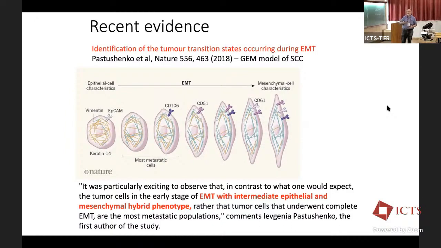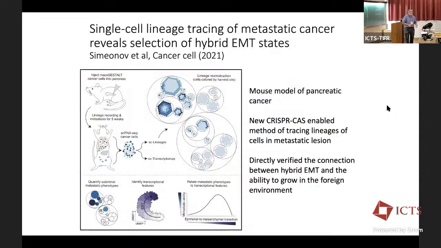And I just want to mention one more aspect of this. So I showed this picture on Sunday. I didn't show this picture, but it's a related paper, which is this picture, which is that from the time that the original experiment was done to now, this is 2021, technology improved. We heard a very nice talk discussing the technology of lineage tracing and how it can be used for various things. And this paper used a very sophisticated method of lineage tracing,